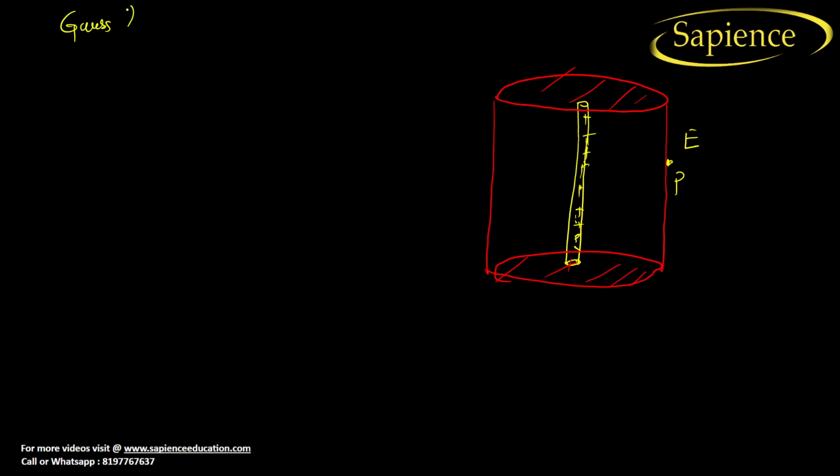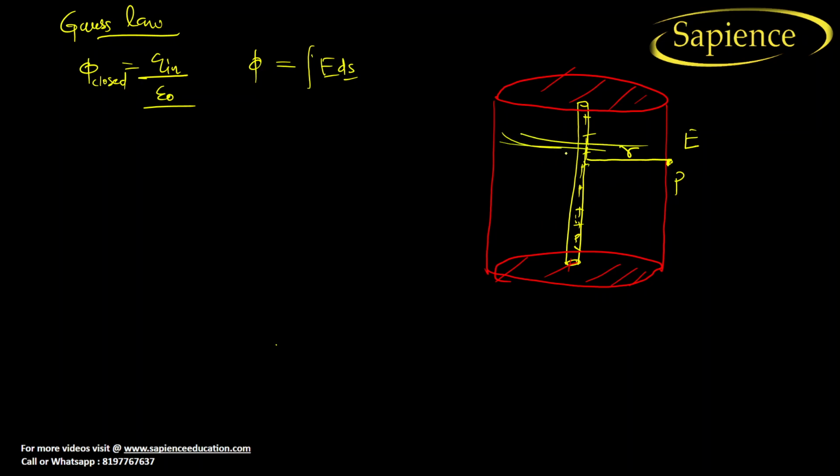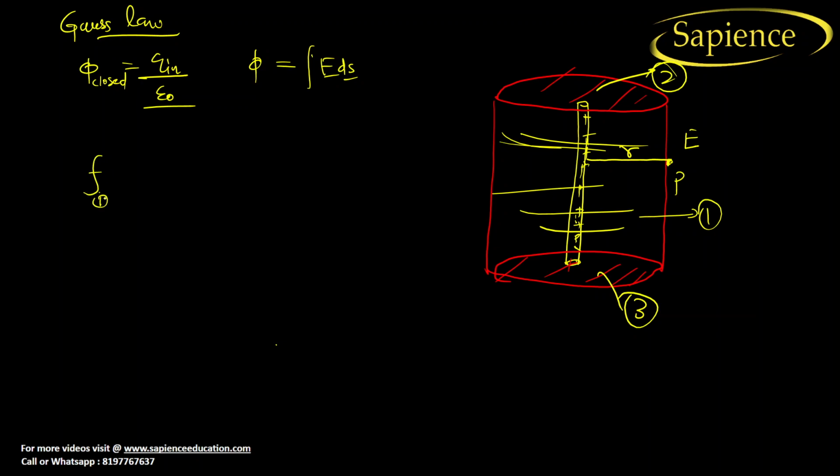So what is Gauss law? Gauss law is that flux in a closed surface is equal to charge enclosed by epsilon naught, right? Now here we have also learned about the flux. So flux will be equal to integration of E dot ds. Now tell me, how can you write the total flux passing through this? Let us consider this distance as r, and this has how many surfaces? This curved surface is one surface, this one is second surface, this one is third surface. So if we want to find